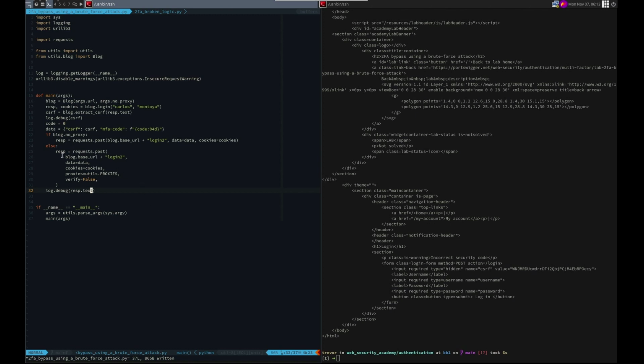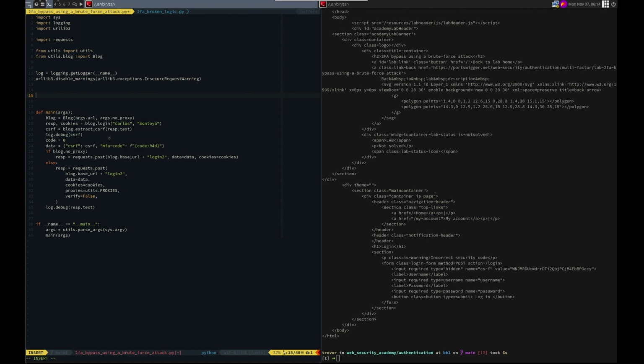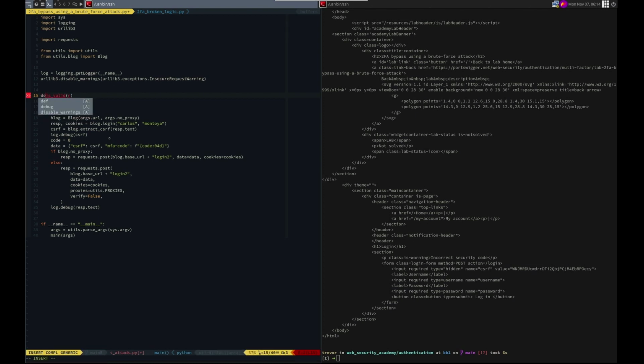And we need to send this twice. Not need to, but we can send it twice. And my suggestion is that we do that. We can also thread these things. So let's start making some functions. We need is valid. This will receive the response